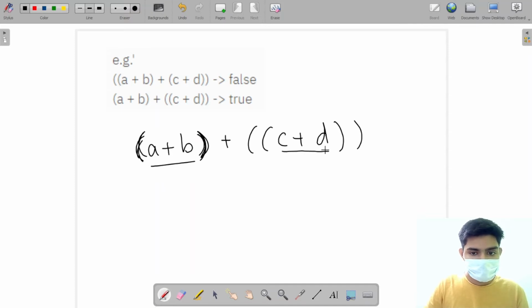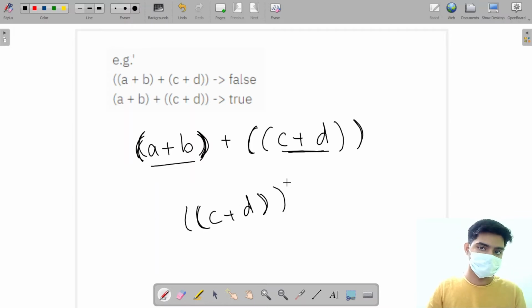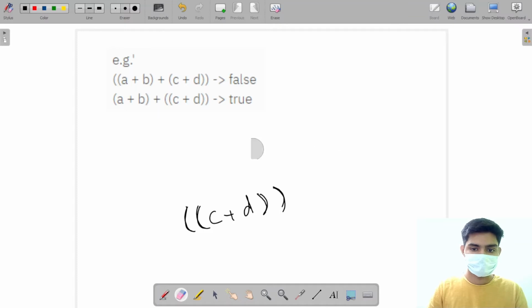Now, for c plus d, we have two brackets which wrap c plus d, and then we have two brackets again which wraps the same thing. Now, are these brackets necessary? We can still work without them, right? So these brackets are duplicate brackets. So we have to detect if it has any duplicate brackets or not.